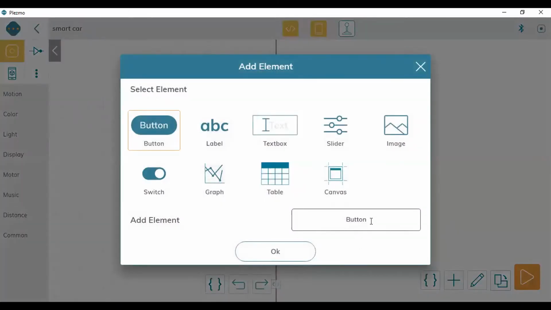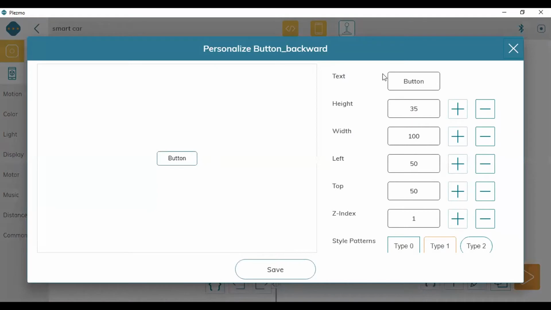So again I will go here. This was forward, now backward. Backward in small letters I'm taking. Okay, so now again we will write here back, or let it be backward. Here again, if you want to increase or decrease the sizes, you can do so.